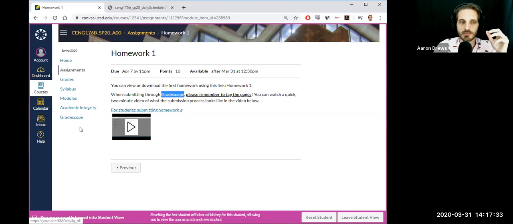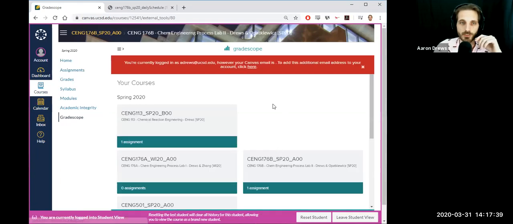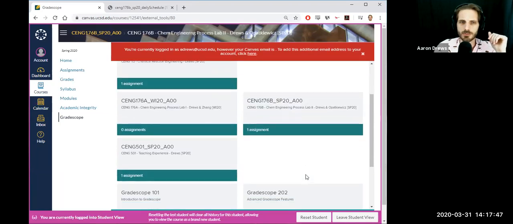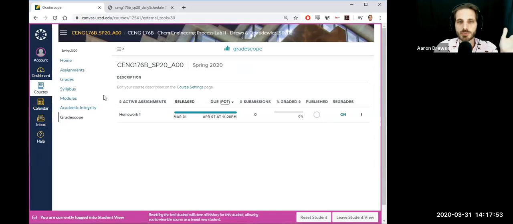What it'll look like is you'll click on Gradescope inside Canvas, or you can go to the actual Gradescope page, it doesn't matter. And you'll find our class, so it'll be something like 176B. It's all in one section, so you should be able to get in through the same one. Everybody's in the same roster. You'll click on that and you'll be presented with a screen like this, and you'll click on homework 1. It shows when it was released and when it's due, right?